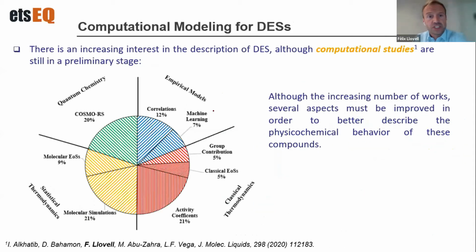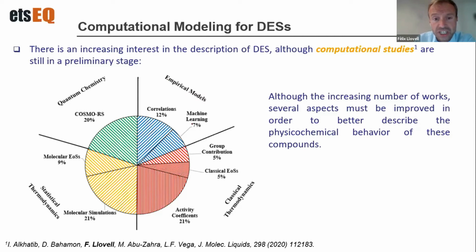In this slide, I'm just showing the increasing interest in the description of DES in terms of computational studies, although most of them are still in a preliminary stage. In a paper that we published last year, we could see how different types of methods have been used to model deep eutectic solvents. We can see there is a quite balanced equilibrium between what we would call empirical models based